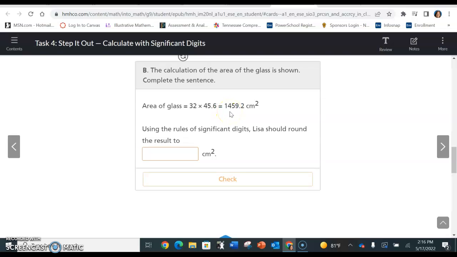Now remember, sometimes zeros are not significant. So how could we give the area of this glass? Well, we could round this up. So we can round that up to 1500. Now because 59 is greater than halfway to the next number, we can round that up. We want it to be close to this, but just using the rules of significant digits, we're going to have 1500. That means only the 1 and 5 are significant, which is the same number of significant digits as the